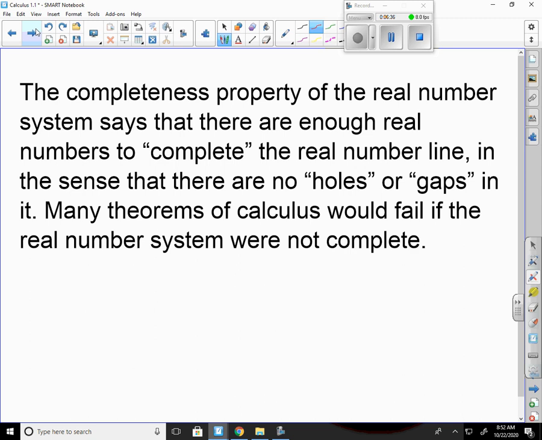The completeness property of the real number system says there are enough real numbers to complete the real number line, in the sense that there are no holes or gaps in it. The reason that this is important is because many theorems from calculus would fail if the real number system was not complete. All this one is saying,